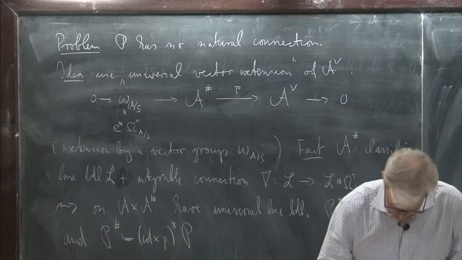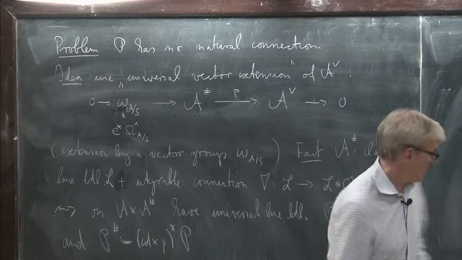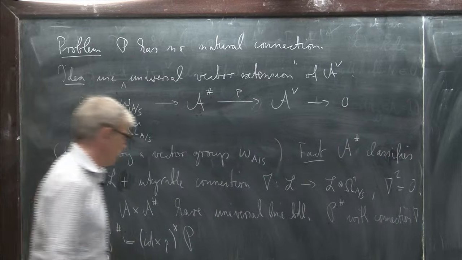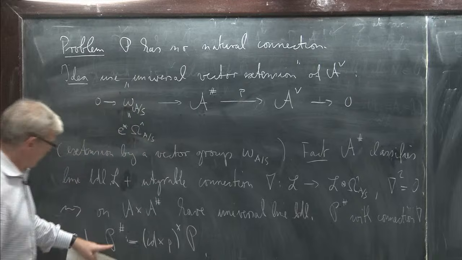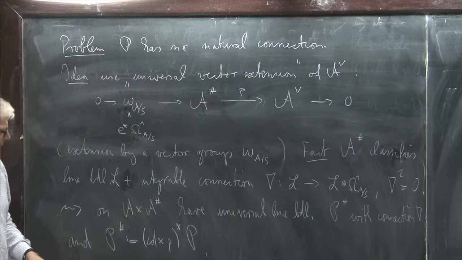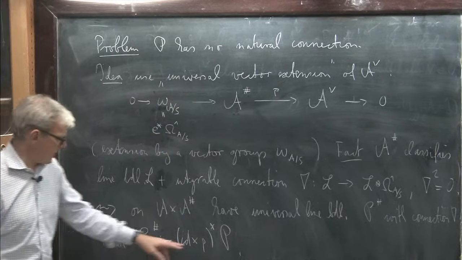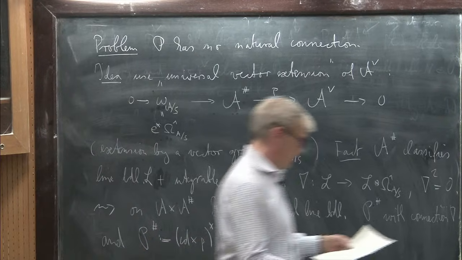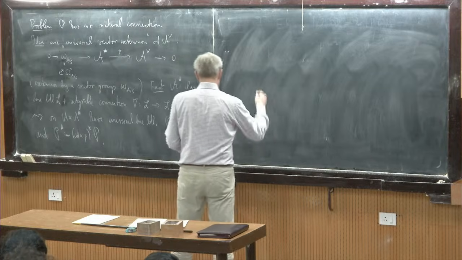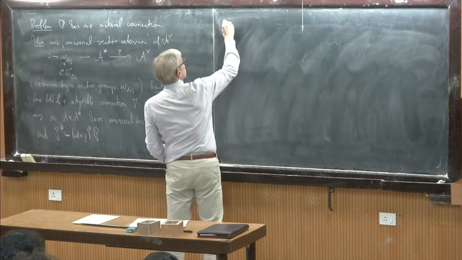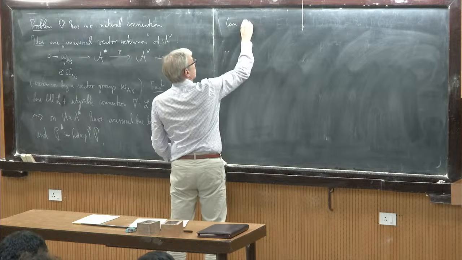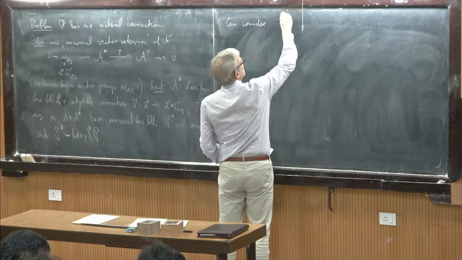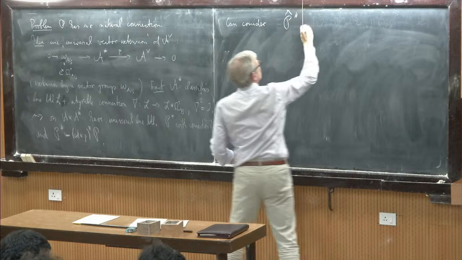But first we have to consider the following. With this line bundle we can play the same game as we did for P. So we can consider the formal completion of this